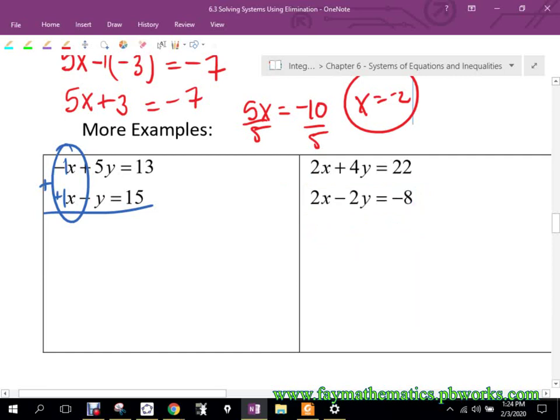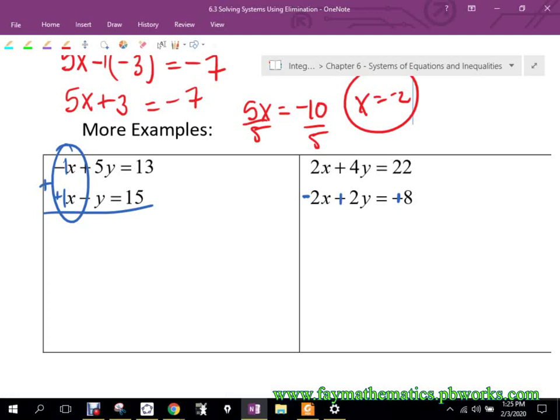What if I went through and multiplied the bottom one by a negative? And it just changes the signs. Okay? Does that cancel the x's now? Yeah, because they're already opposite. They're opposites now, okay? So what I always do, guys, in thinking about which ones to choose, I first go